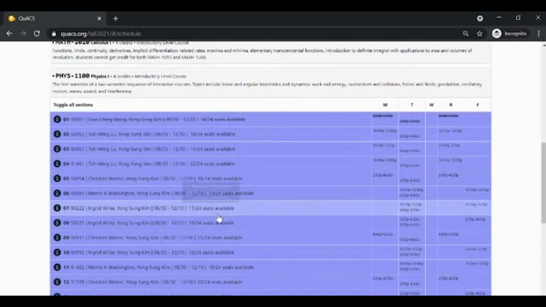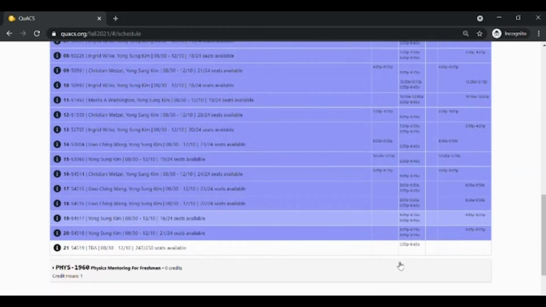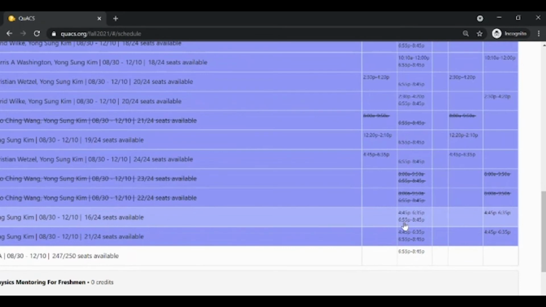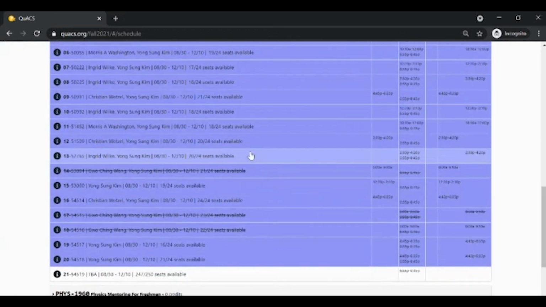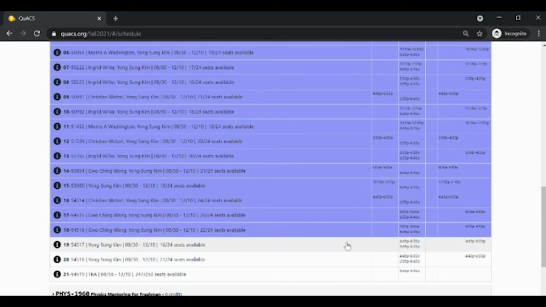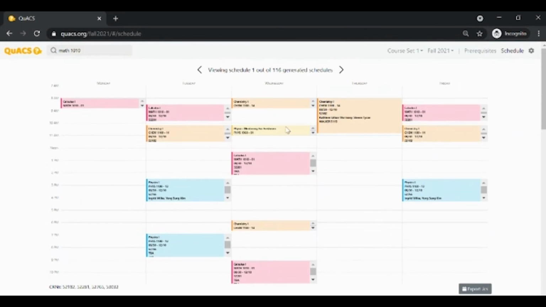What you can do is then narrow down based upon preference. So for instance, you'll see here, I'm a morning person. So if possible, I don't want to have tons of classes late at night. Some of these are unavoidable because they are test blocks, so don't be alarmed with that. But for instance, let's say that I don't want a class to go from 4:45 to 6:35 p.m. on a Friday. What I could do is I can unselect. You can see it goes down to 116 generated schedules.